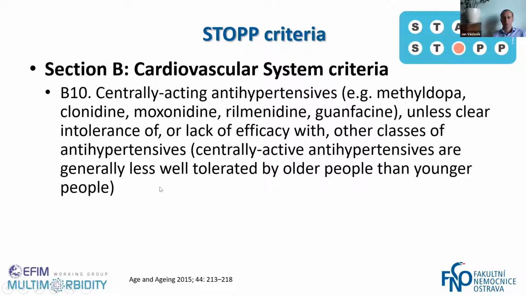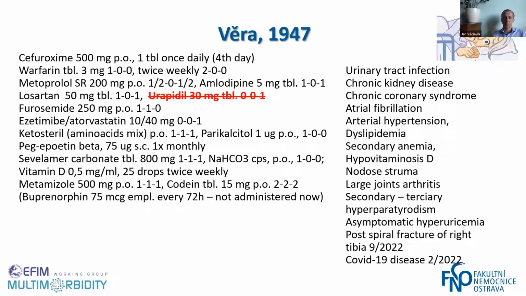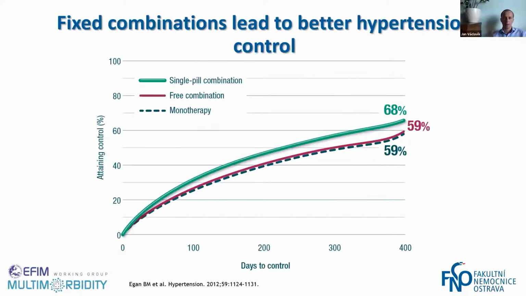Anyway, we get to cardiovascular drugs, and we know that centrally acting antihypertensive drugs are generally less well tolerated by older people than younger people. And in my experience, they are also quite less effective in a 5 or 6 drug combination in more severe or resistant hypertension. So I would suggest leaving out urapidil, but we also know quite well that fixed combinations lead to